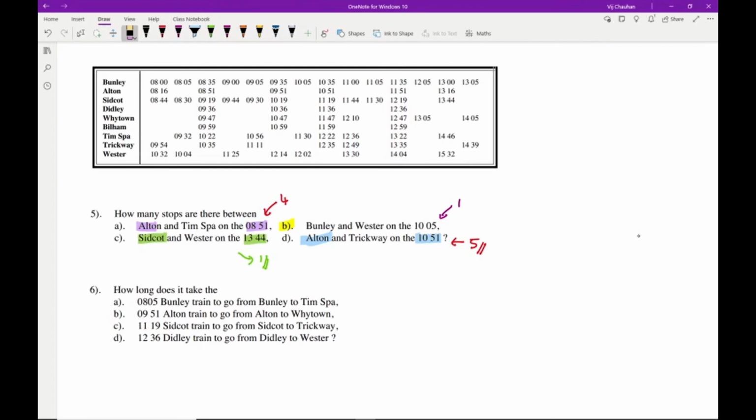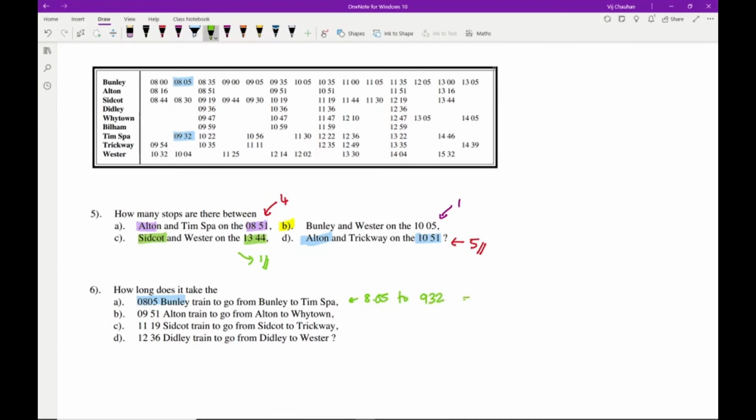So starting off with question 6, here we're looking at the time difference. So here it's really important you decide what train we're actually catching. So we're catching firstly for question A the 8:05 Burnley train, which is this train here, and we're stopping at Tim Spa. So what we need to do is work out what the time difference is between these 2 trains. So here we're looking for the time difference between 8:05 to